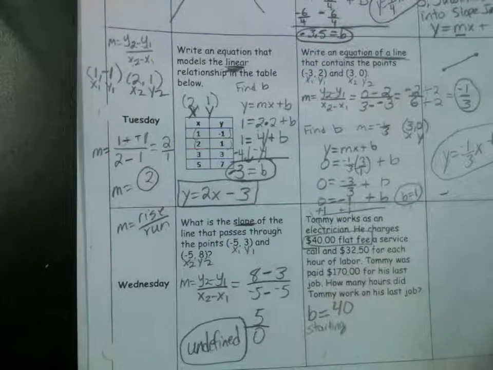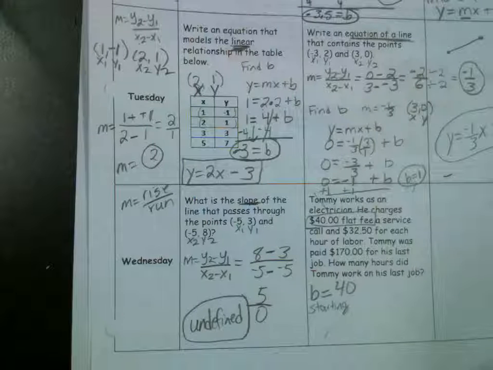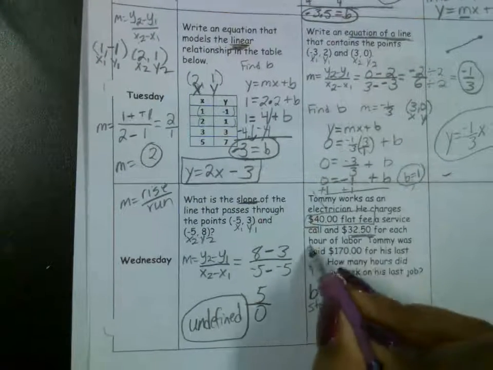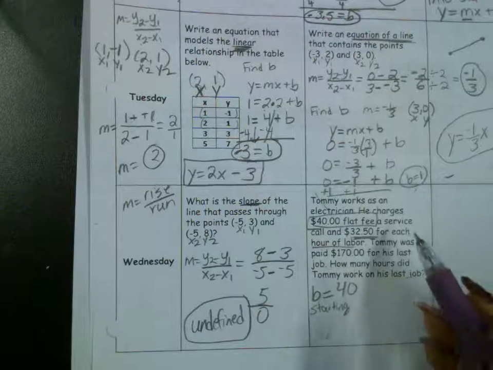Your y-intercept is your starting amount. That's how much you start off with. A service call, a flat fee for a service call, and $32.50 for each hour. That's a rate right there. For every hour, it's going up. So that's a positive